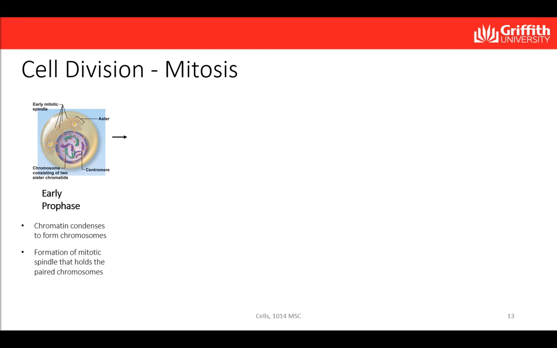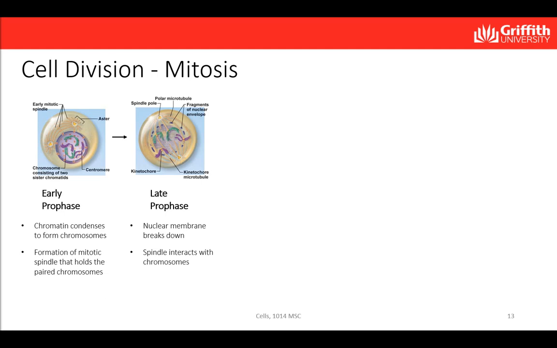In early prophase, the DNA, which is in the form of chromatin inside the nucleus, tightly coils and condenses to form chromosomes. At the same time, the microtubule assembly, called the mitotic spindle, forms, with centrosomes acting as their focal points. In late prophase, the nuclear membrane surrounding the chromosomes slowly breaks down, allowing the spindles to interact with the